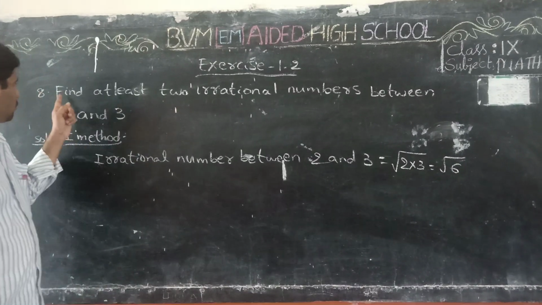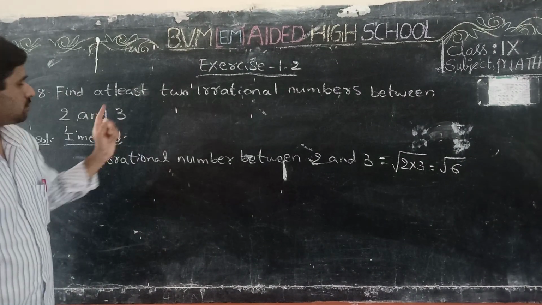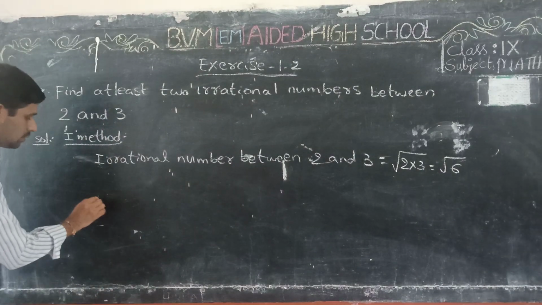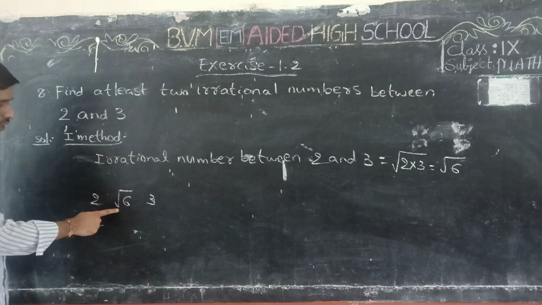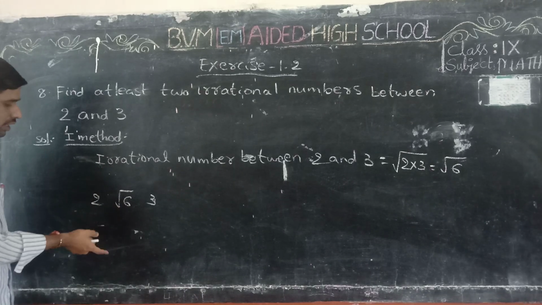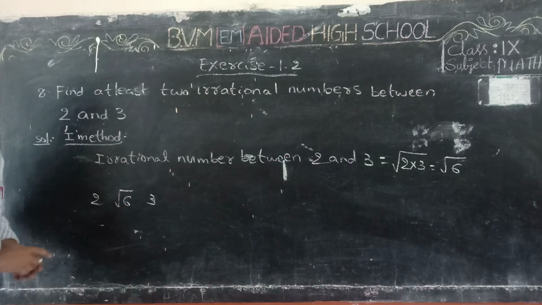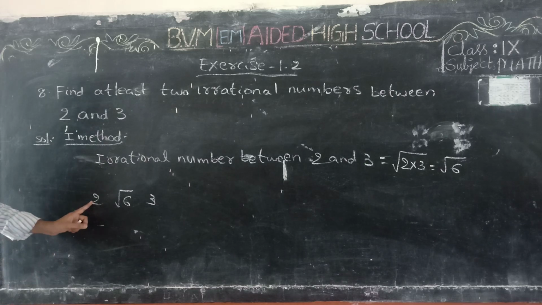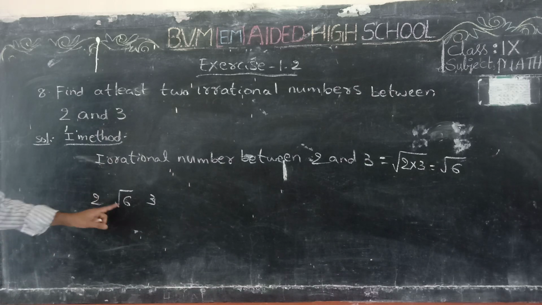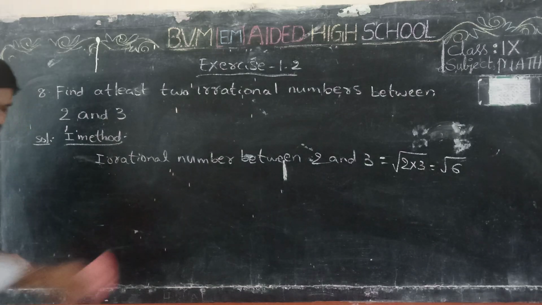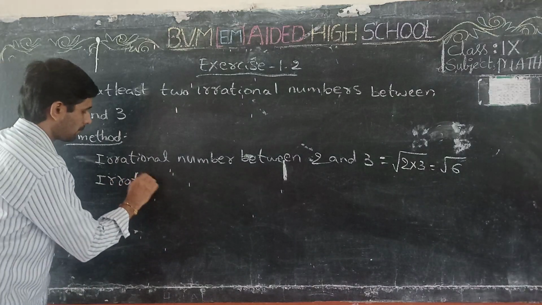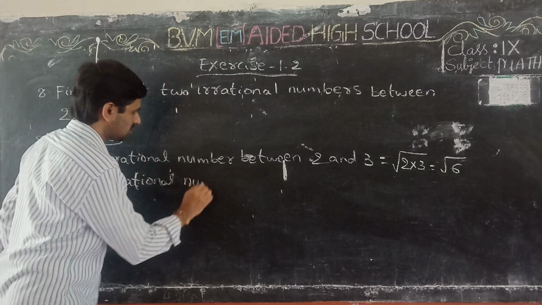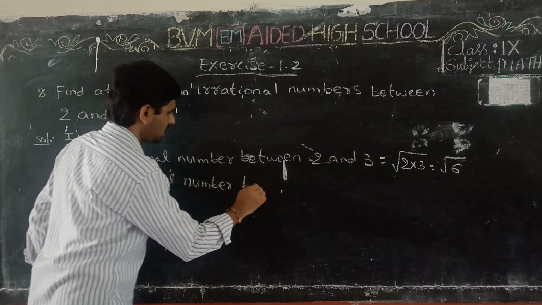Now we require two irrational numbers between 2 and 3. That means in between 2 and 3 we already found root 6, one irrational number. Now another irrational number between 2 and root 6. We need to find another irrational number between 2 and root 6 or root 6 and 3. So we found irrational number between